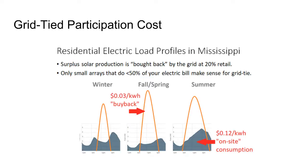So, for example, in Mississippi, we don't have net metering. Well, technically, we do have net metering. Our state's net metering policy was essentially to not have net metering. And they say, well, no, that is net metering because we've said it's net metering, but compared to everywhere else in the country, they would not say it's net metering. Like in other